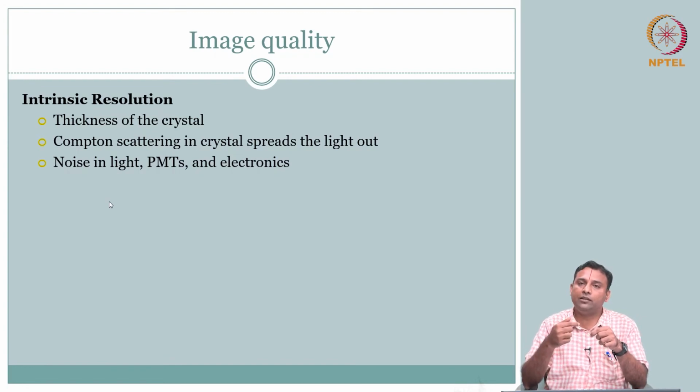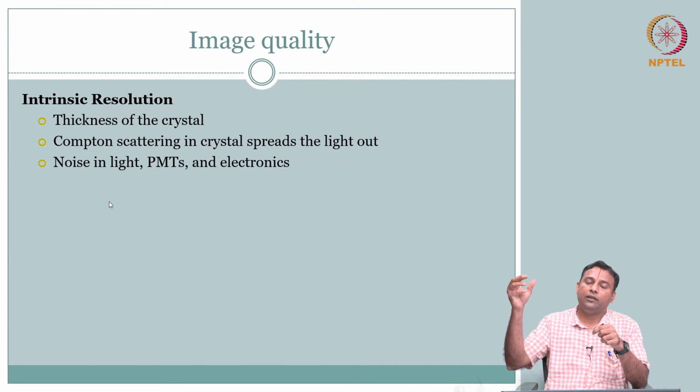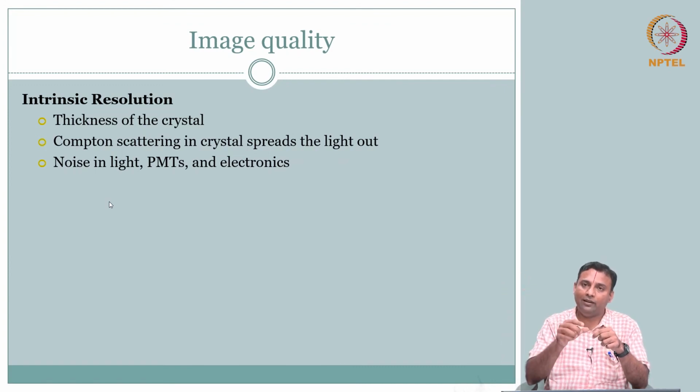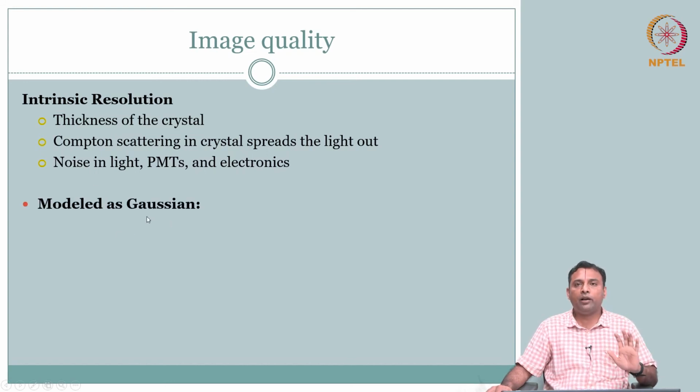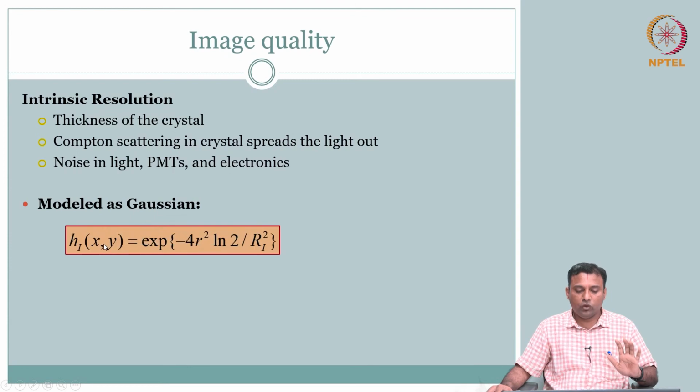So you have some sense that you can come up with some techniques to reduce that. So the resolution could be better than what would be a regular point spread alone in your projection radiography, right. But that is the difference, but it is similar in the sense that the same effect of thickness is going to have. So here also we will model it as a Gaussian. So intrinsic will also be modeled as a Gaussian. Okay. So these are all things that you can calibrate for the instrumentation. So you could do that.